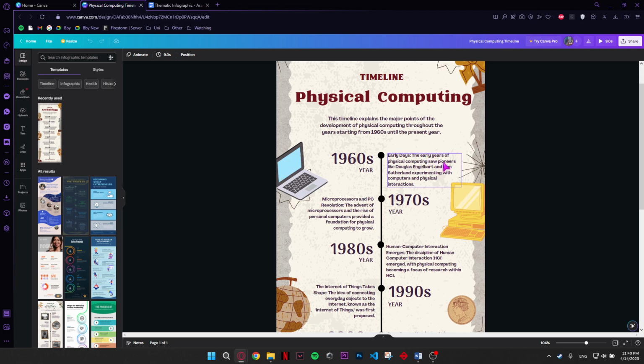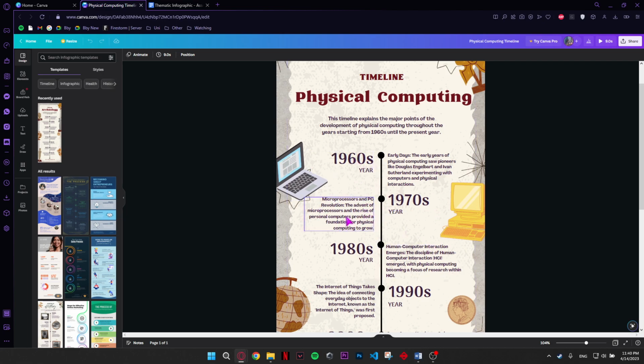Early days, the early years of physical computing saw pioneers like Douglas Engelbart and Ivan Sutherland experimenting with computers and physical interactions. So this is the year when two pioneers named Douglas Engelbart and Ivan Sutherland were seen experimenting about the computers and how they can interact with humans or the users, and how they can develop something more about the computers. And in the 1970s,